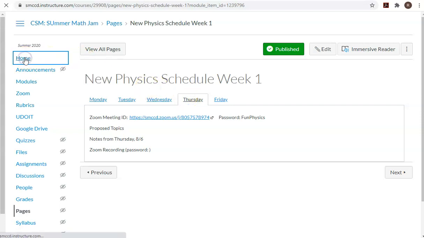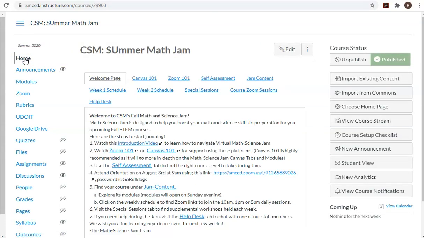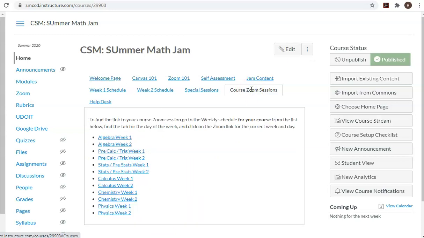The other option is, go back to our home page. You also can go directly to the course Zoom sessions. If you want to go straight to the course Zoom sessions, you can open this here, and it will take you directly to the links for the schedules for all the different sessions. So for example, if I go to statistics,